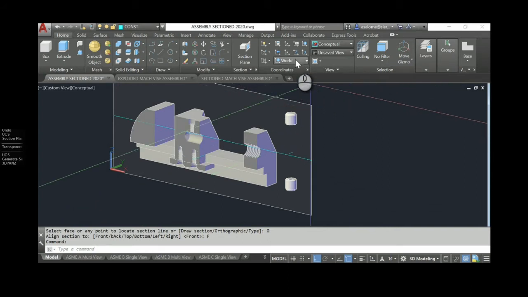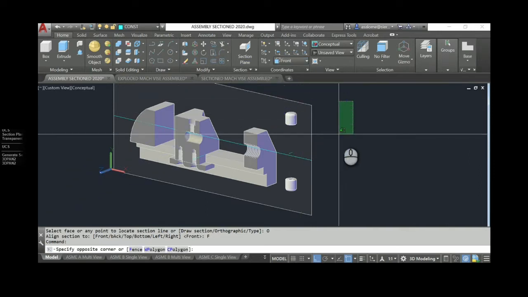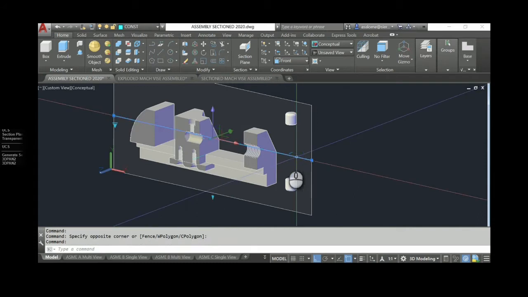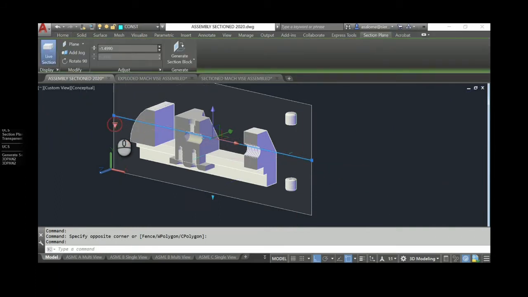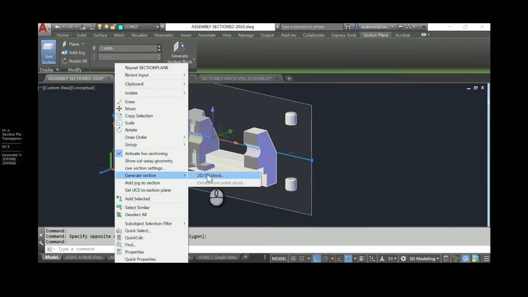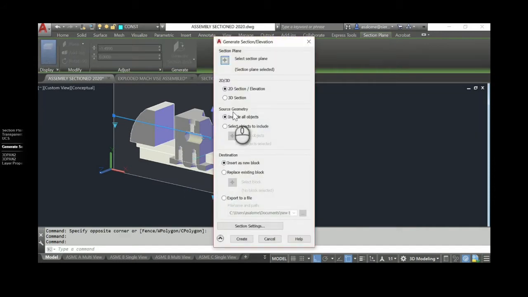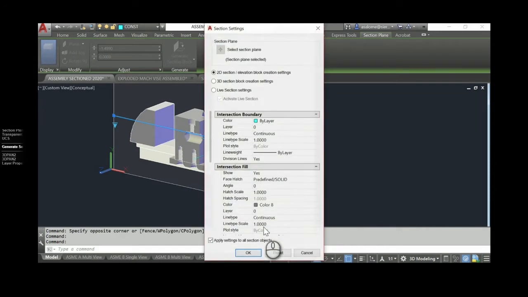So I'm going to take my UCS to the front UCS, and then we're going to call up our section, select our object. I might have crashed out, okay? Right click on our control grip. We're going to generate section 2D, 3D block, and we're going to go to our section settings, okay?